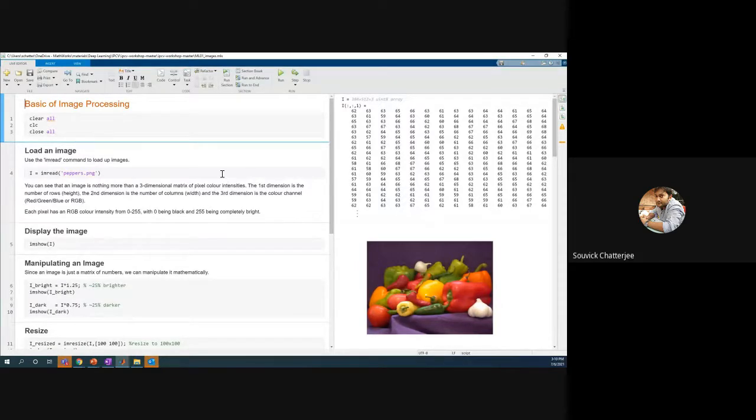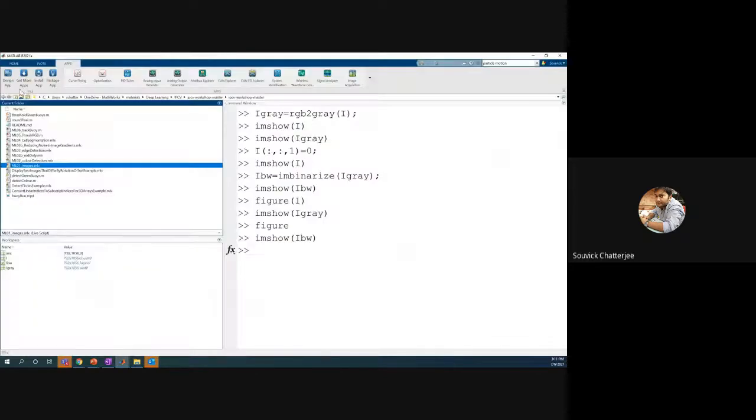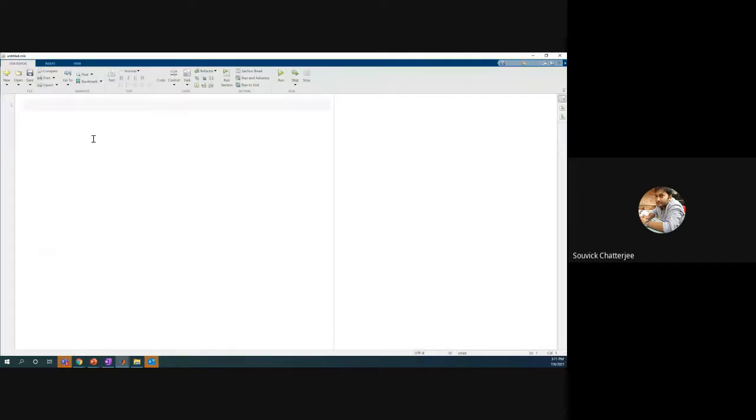Okay, so now if I come to this interface, it is called MATLAB Live Script. Has anybody used MATLAB Live Script? You can put a yes if you have. You can think of MATLAB Live Script as a Microsoft Word document where you can have MATLAB coding. This comes up from the MATLAB home window. From here, if you go to New Live Script, this new live script comes up.